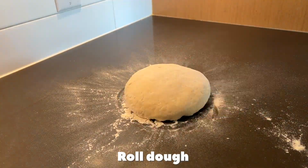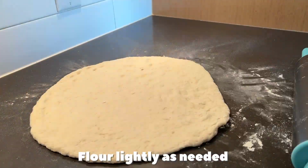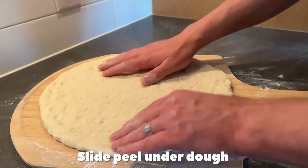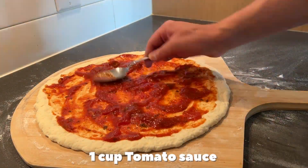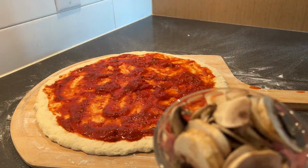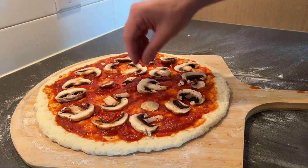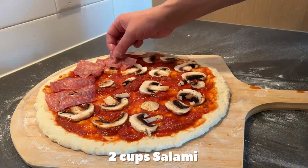Flour. Roll that dough. Flour lightly as needed, it might get a bit sticky. Flour the pizza peel and slide it under the dough. Add 1 cup tomato sauce, 3/4 cup mushrooms, 2 cups salami,